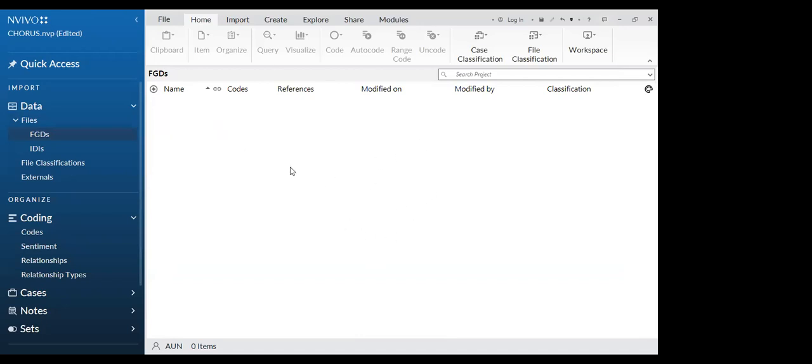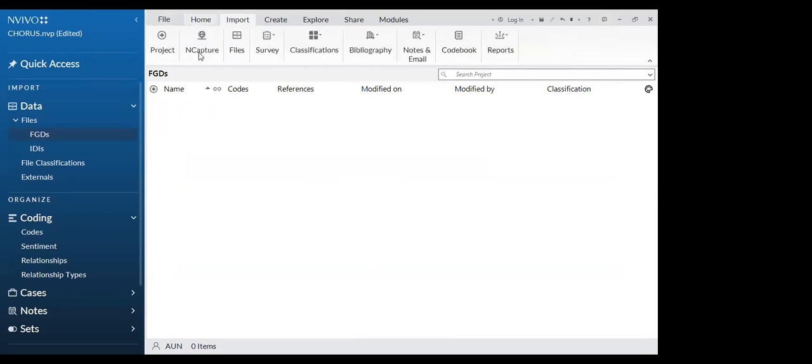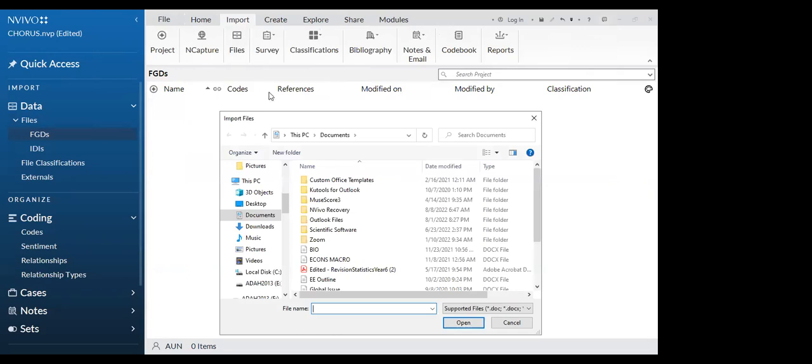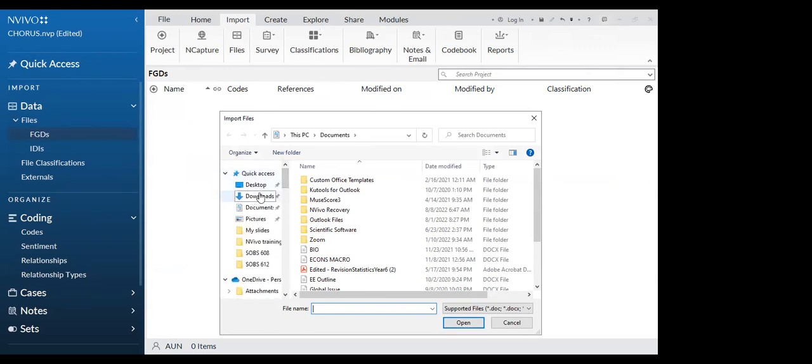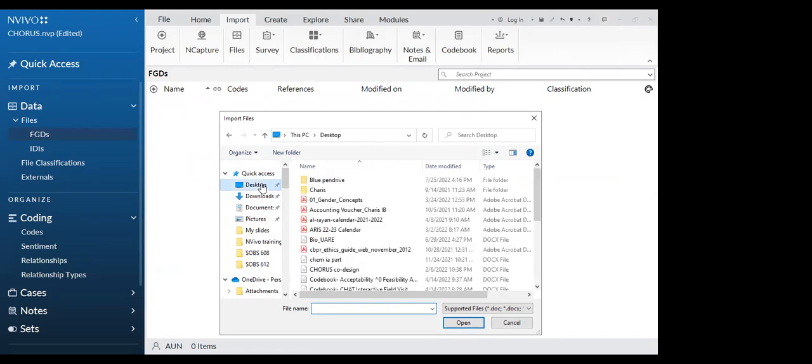So at the top of the screen, you can see import. There's file, there's home, and then import. You click on import, and right under it, you have files. So you click on files. Then you should go to the files that you have, wherever you saved what you downloaded. You should go there